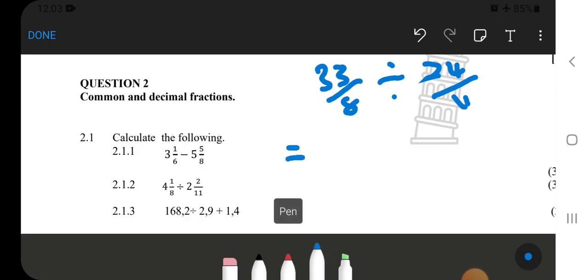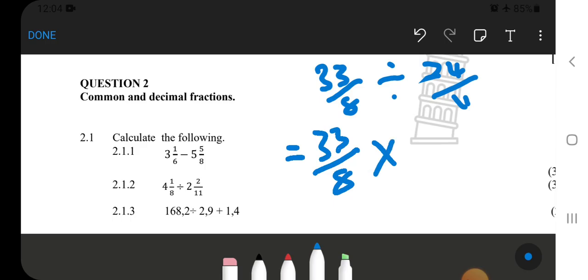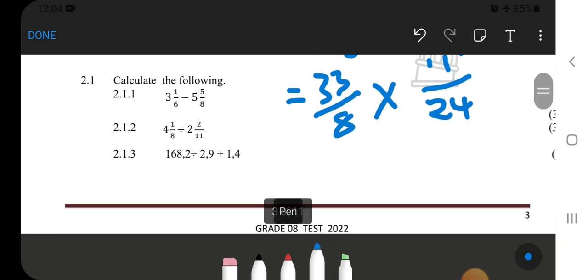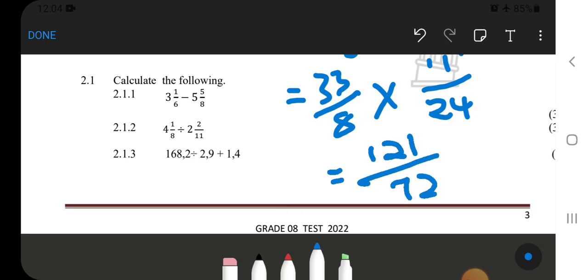And then the next step, we are dividing now. When we divide fractions, the division turns into multiplication. Okay, so we'll have 33 over 8 multiplied by, the denominator goes on top, the numerator goes at the bottom. So we'll have 11 over 24 instead of 24 over 11. And then we multiply the whole thing, and the final answer here will be 121 over 72. So that is our final answer. This is for